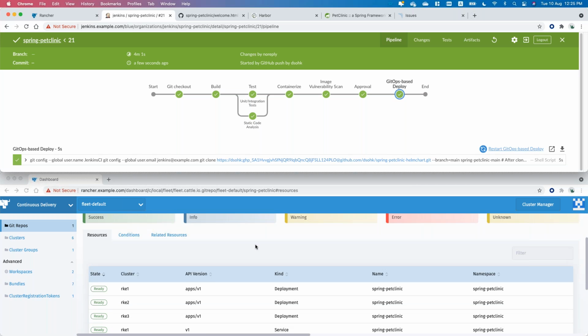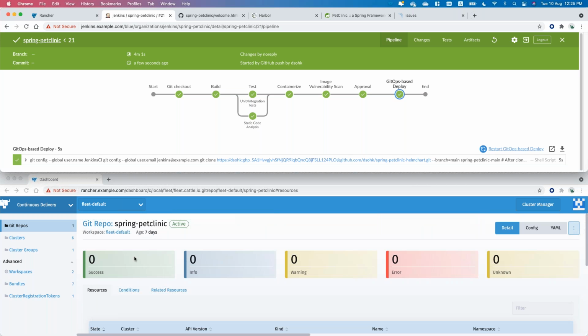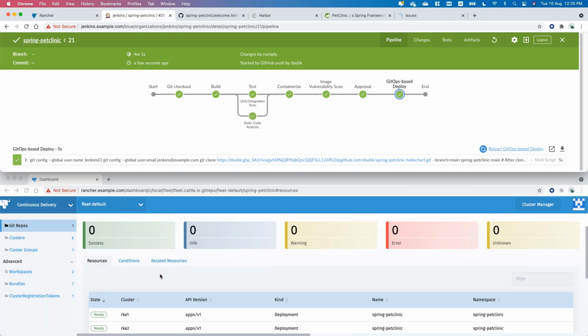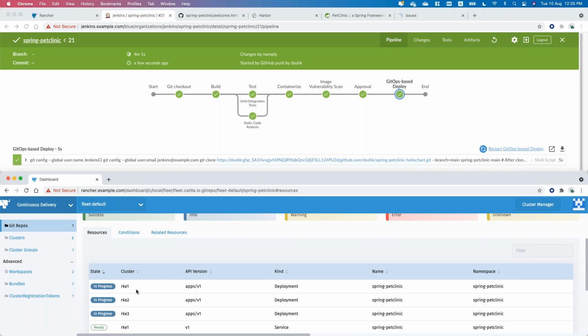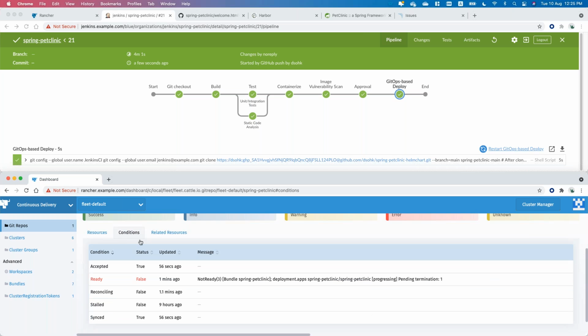it's updating the Helm chart, and then what it will be doing for the Git repo is to update the cluster. So as you can see here, the cluster now is picking up. So it's now in progress. It's going to push the new application into all these 3 clusters. So 2 of them are existing one, and the third one is just I built a moment ago. So it may take a while, but if I want to look at the details, you'll see that it kick off the